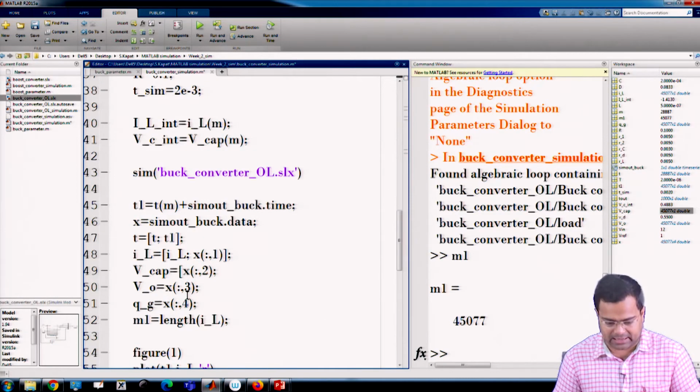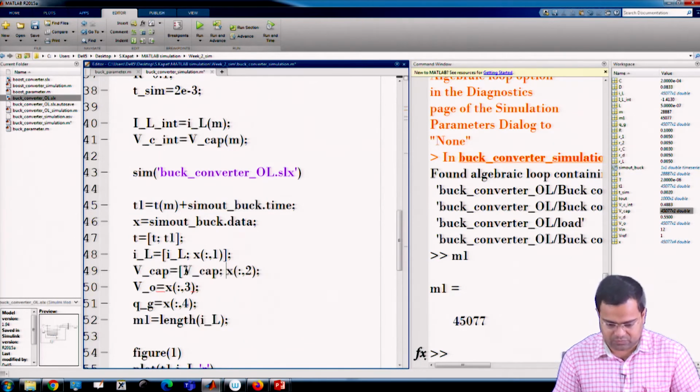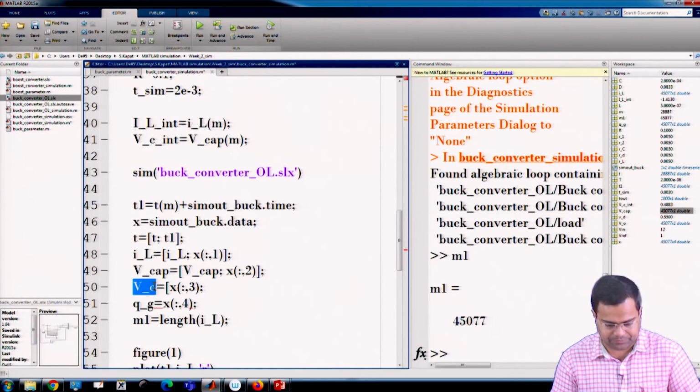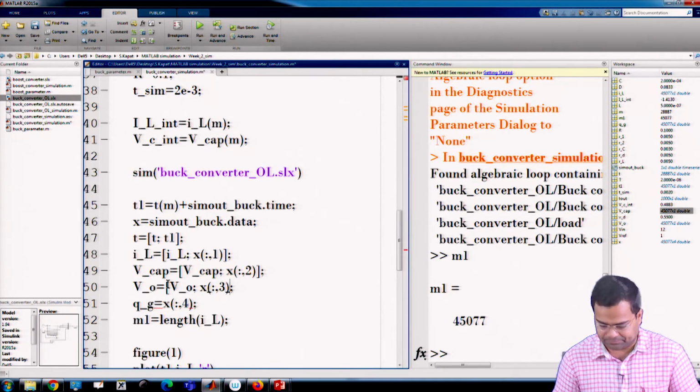Then here I can use V cap, that means previous V cap plus this V cap will get concatenated. Then this V0 will get concatenated, and this one QG concatenated with this.